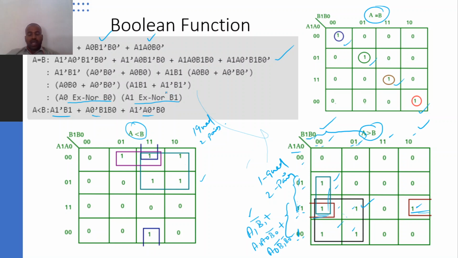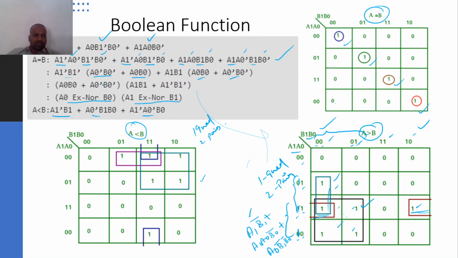Okay, you guys are already familiar with Boolean expressions, so let me explain this one. See, the first term has a1 bar b1 bar, and similarly the second term has a1 bar b1 bar. Let's take these two things outside, and the remaining terms of the first one are a0 bar b0 bar, and here a0 b0 is there. Similarly, in these two terms a1 b1 is common. Let's take it outside, and a0 b0 and a0 bar b0 bar are written inside.